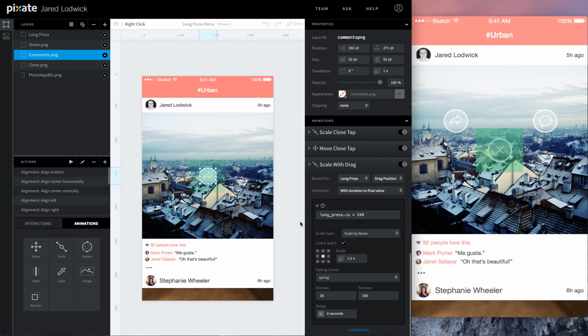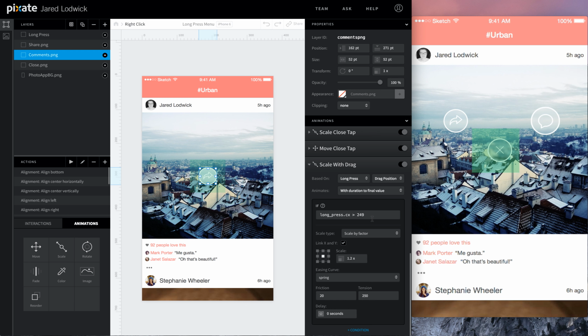So now we can see that if I drag this layer, this horizontal center, this line in the middle, past 249, this 249 pixel line, this expands up the way we want it to. But it stays up, so if I come back, it's already expanded up. What I need to do now is tell it to go back down.